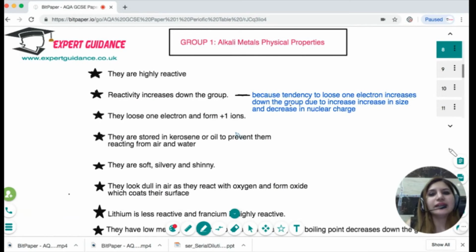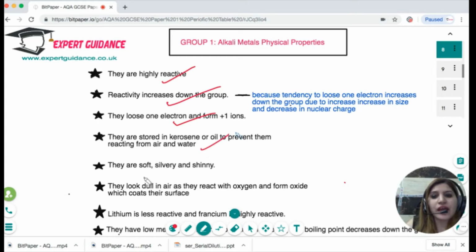Okay, now let us look at the physical properties of Group 1. They are highly reactive. Their reactivity increases down the group. Since they have one electron in their outermost shell, they lose one electron and form +1 ions. They are stored in kerosene and oil. Why? Because they are highly reactive. They can easily react with oxygen or moisture in the air, and can cause an explosive